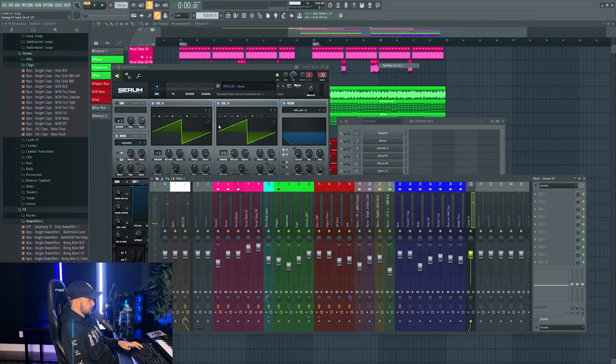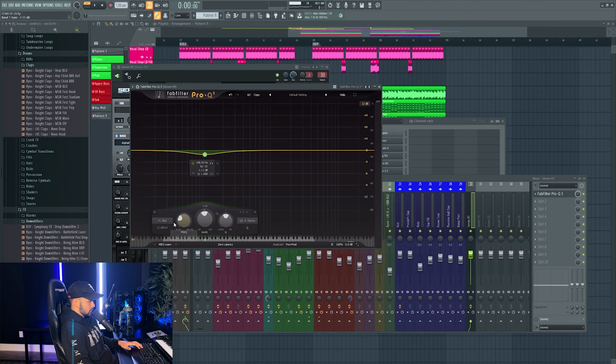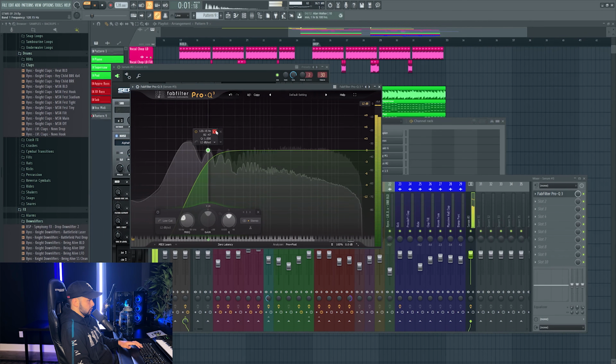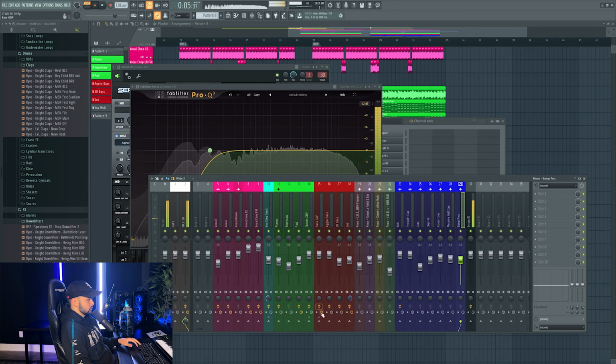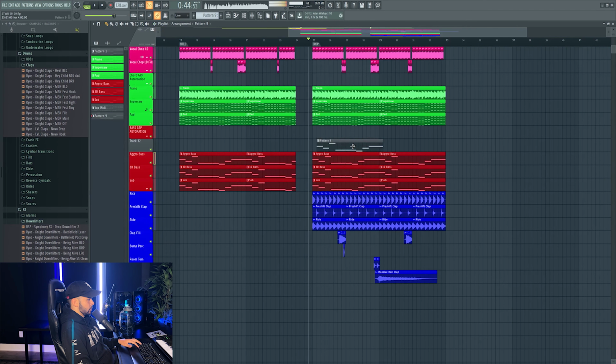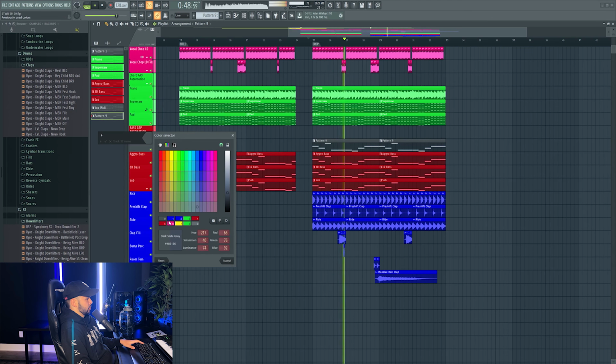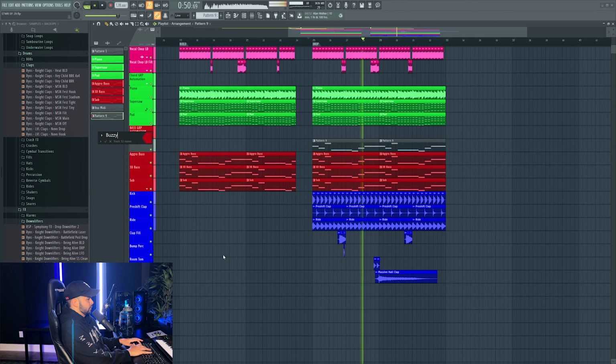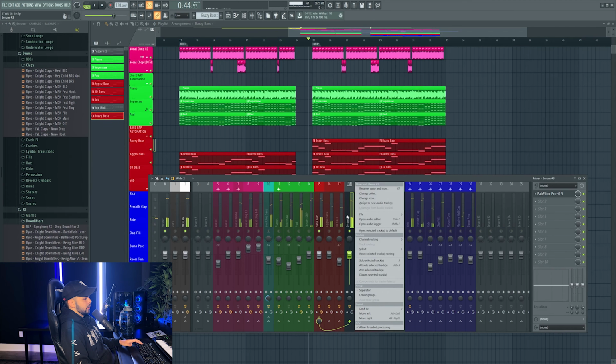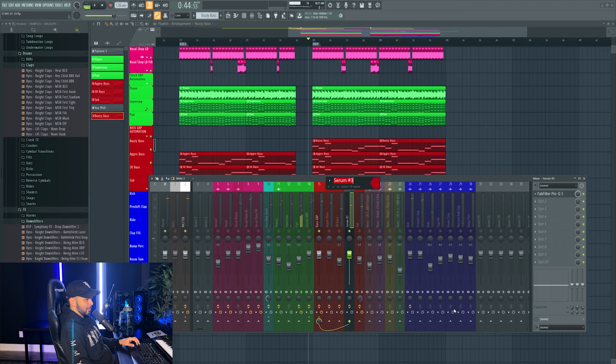So nothing super insane, but I'm going to just EQ out some of the lows here. Yeah, see, that adds just a little bit more bite to this drop.